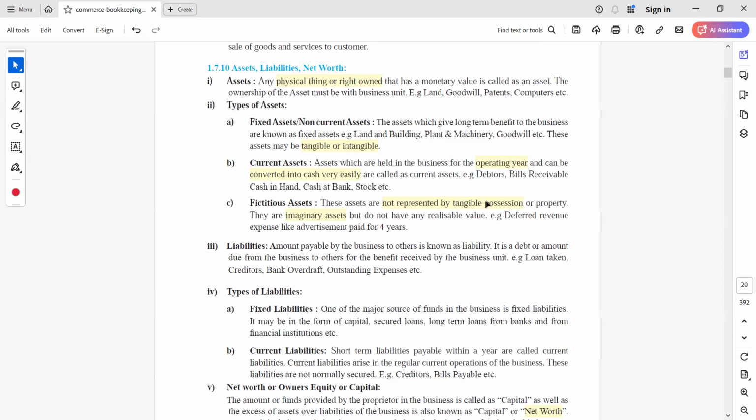Okay, fictitious assets: these assets are not represented by tangible possession or property. These are imaginary assets that do not have any realizable value, deferred revenue expenditure like advertisement paid for 4 years. Getting the difference between goodwill and fictitious asset, ये भी intangible नेचर है, ये भी intangible नेचर है दोनों। लेकिन फिक्टिशियस एसेट में आपको कुछ आगे जाके उसका ये नहीं है, do not have any realizable value।